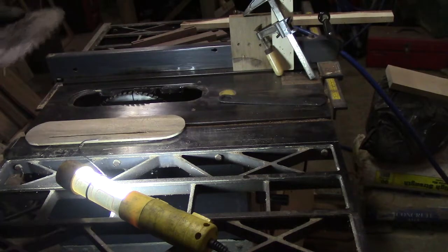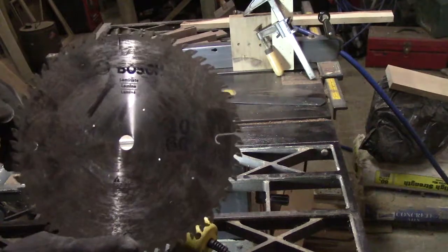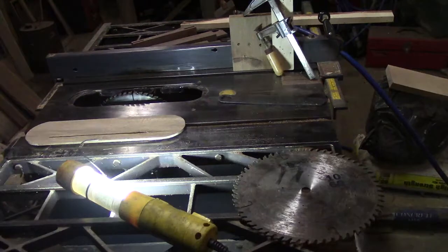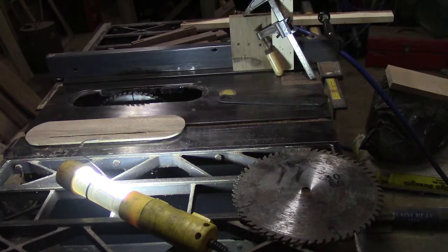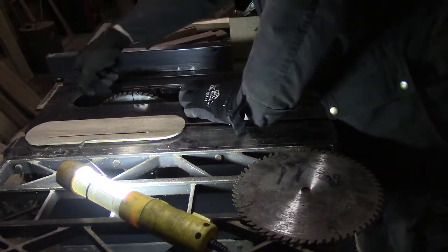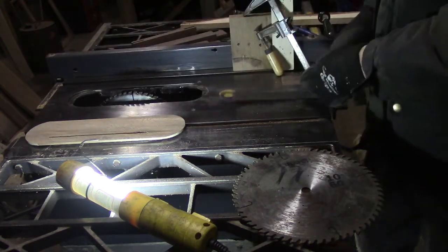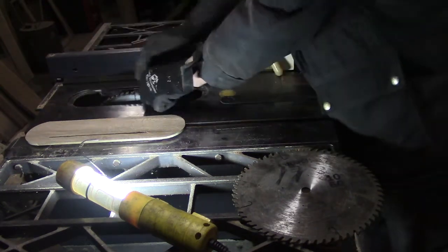I'm going to have to put this triple chip blade on. This one happens to be a Bosch. It produces a square bottom kerf. So to loosen these, you've got to use a wrench, it's the right size,